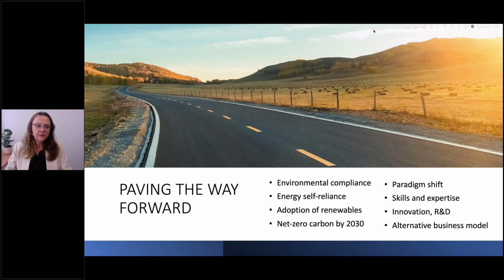What we notice across the board in the industry is a little bit of a shortage in skills and expertise. So there are not too many people that understand how to do this kind of work. There are not enough consultants that could be developing this kind of concept design and feasibility in Australia. There is a very strong need for innovation and research and development to get to a point where you can really reuse all these wastes, right? And there is also a need for an alternative business model, because we are talking here about a significant capital